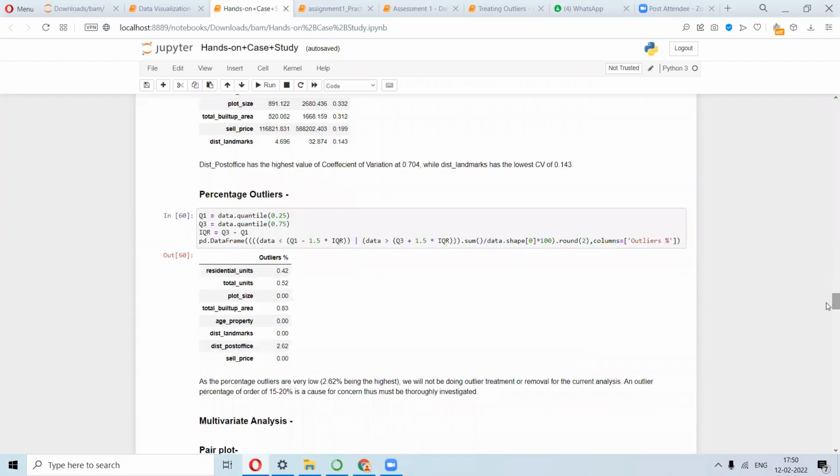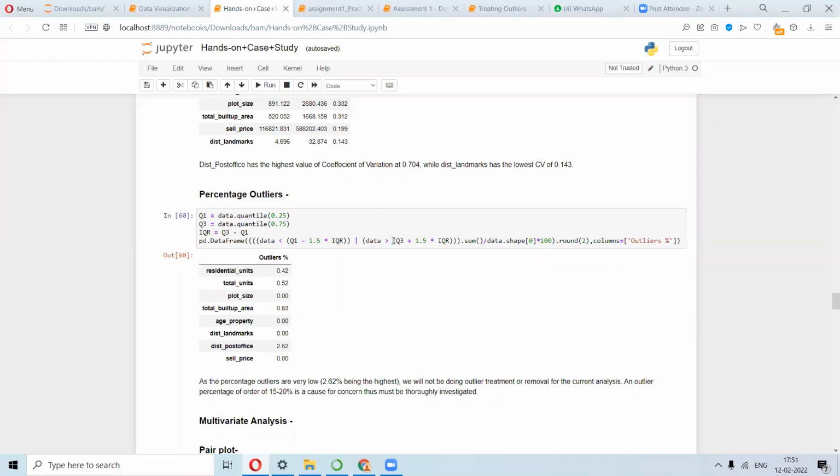Okay, so this is how we can actually identify or remove all these outliers. For any data which is lesser than Q1 minus 1.5 into IQR, which is your lower whisker, right? And you have this one as well.